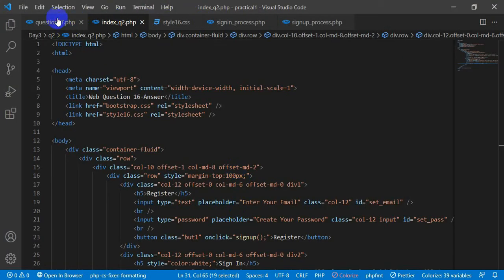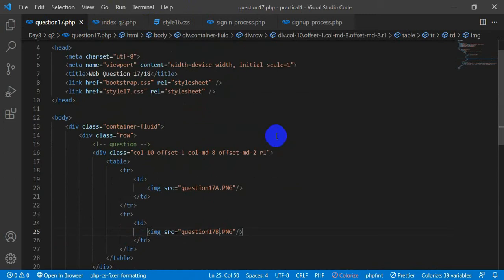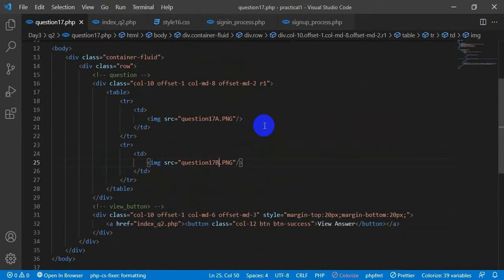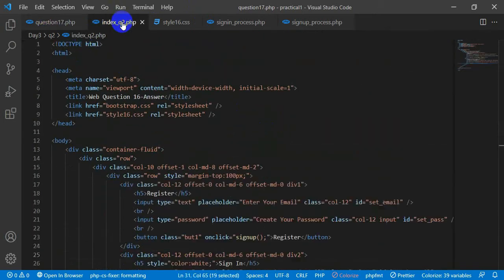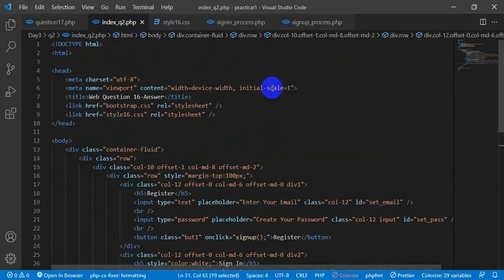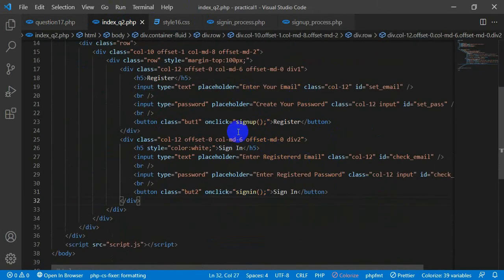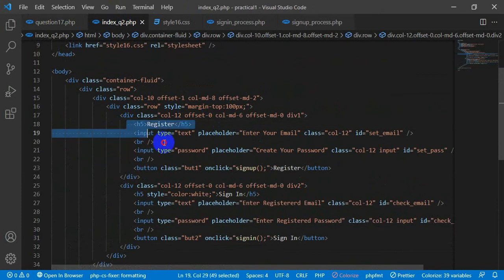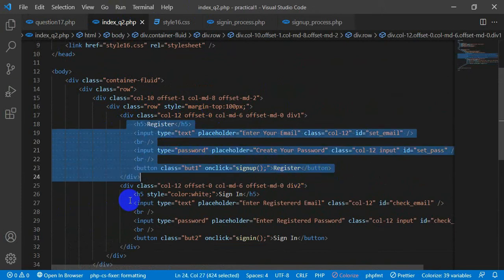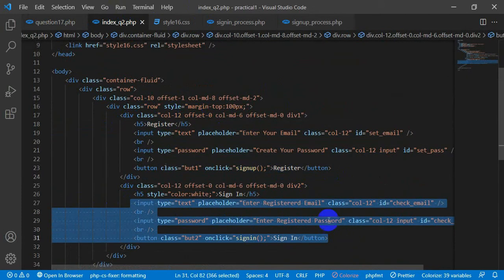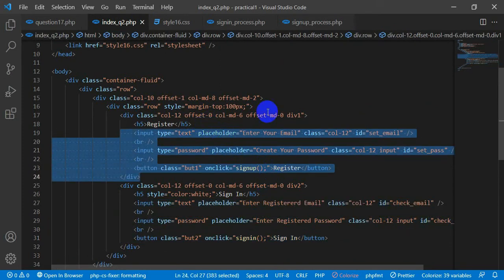So as usual, this is the file I used for the coding parts, and this is the page where I do the magic. These are the input fields in the sign in section, and these are the input fields in the register section.